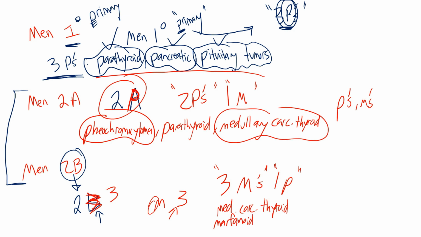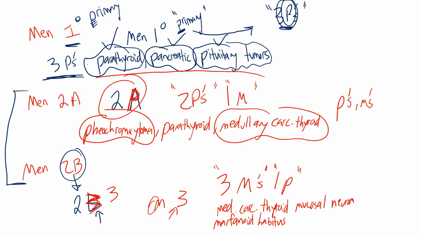Basically, they're going to have a body with physical features that resemble Marfan syndrome. So like elongated fingers, and remember they have a risk of aortic dissection and things like that. So they're very skinny, long, lanky type of body frame. So marfanoid habitus. And then the last one is mucosal. I'm going to probably write it over here because I ran out of room. Mucosal